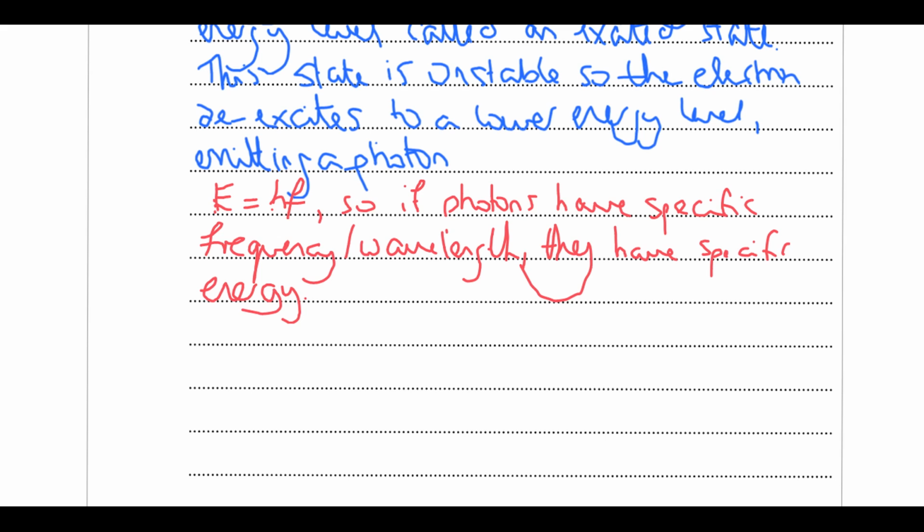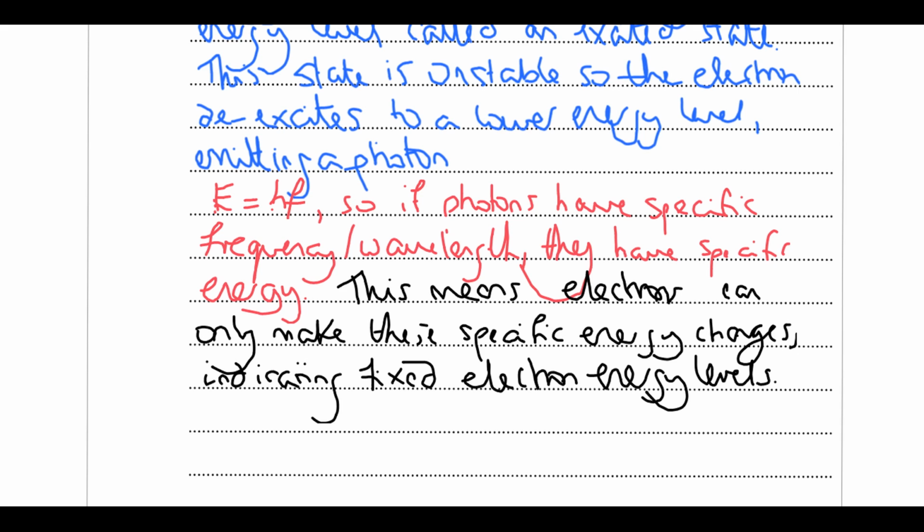Okay, so what that means is that the energy gaps in the atoms, the changes in energy, must be fixed. So that evidence is there being fixed energy levels. So let's finish that off. So that's the final part we've got here. Because we get photons of a certain energy, that means electrons can only be making certain energy transitions, which is where the energy comes from in the atom, which gives the idea that electrons can only take fixed energy levels with certain values. So that's that question right there.